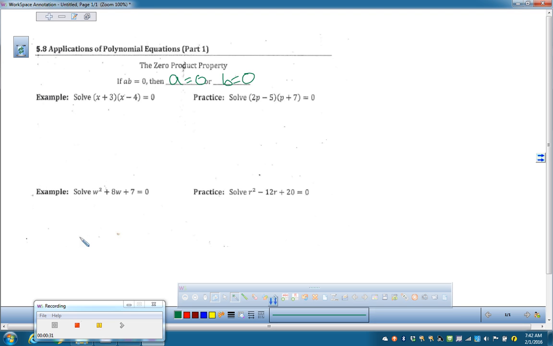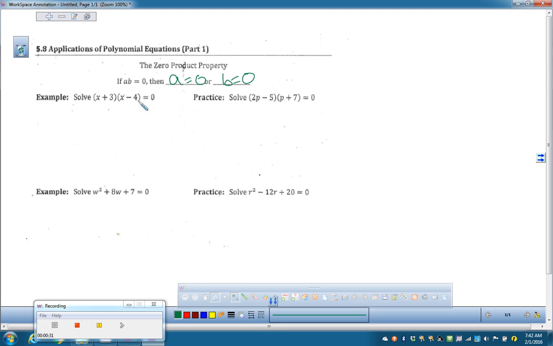So when you do this, you use this to solve equations, yes? Would it be possible for both A and B to be equal to 0? Yeah, A and B can both be equal to 0. Yeah. So when you're solving these equations, actually, Jessica, A and B are, you do set A and B equal